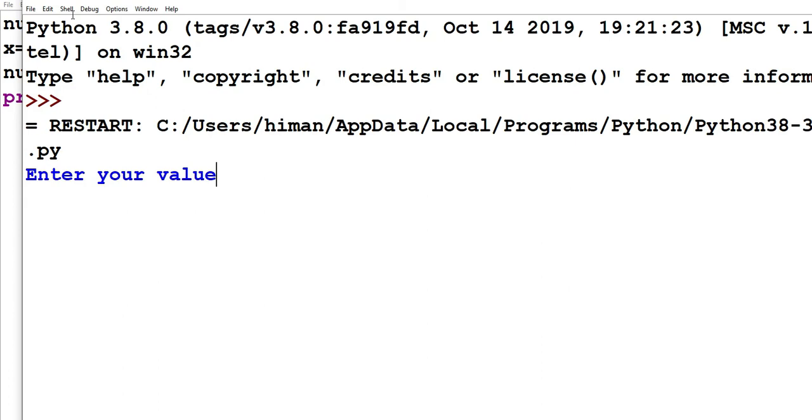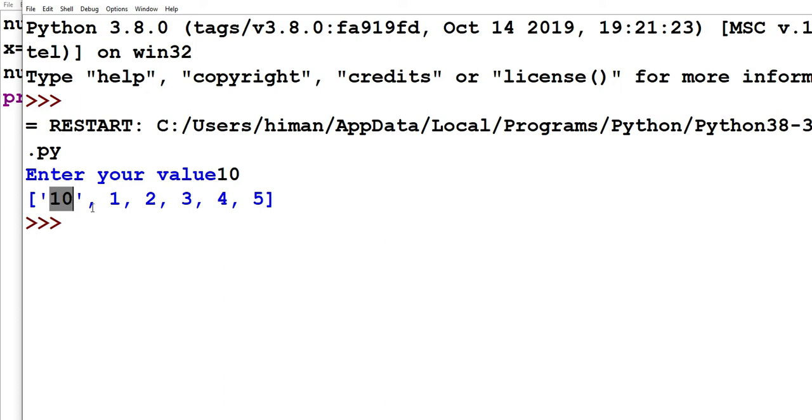As we know, it is asking to enter your value. Let's suppose we have entered 10. So as we can see, it is stored at the first index, right? And all the other values increase their index value by 1.